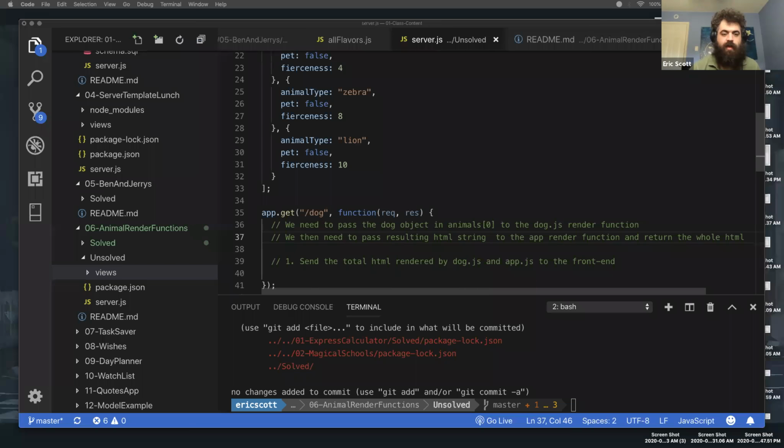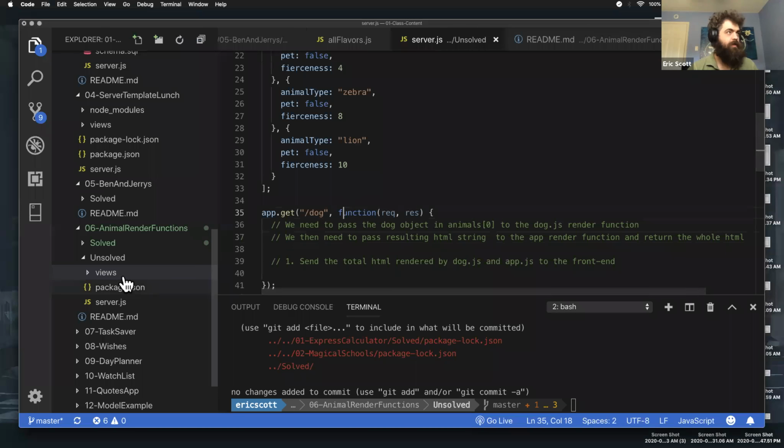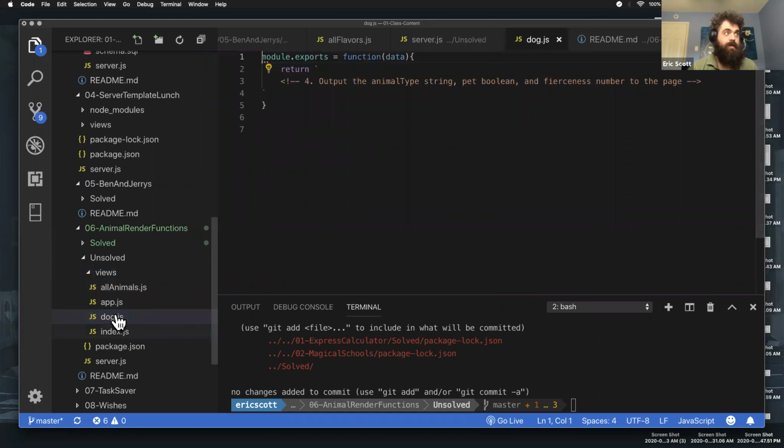Alrighty, folks. It looks like everyone's piling back in. So we're going to go ahead and take a look at this one. The first thing I want to do is, in our views for dog.js, you might just say, all right, I'm going to just output some static HTML, see how I want it to look. So when someone comes to the dog route, what do they see? Well, they might see an H1 and it says dog at the top. And some of the other things I might say is like, hey, that's the type. And then I might put in a paragraph tag and say this animal